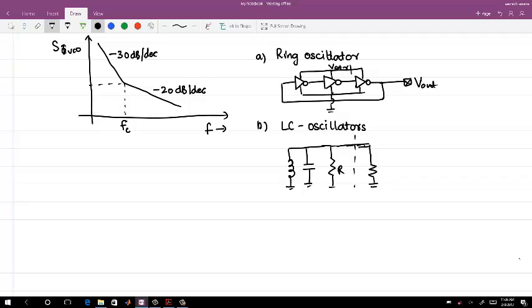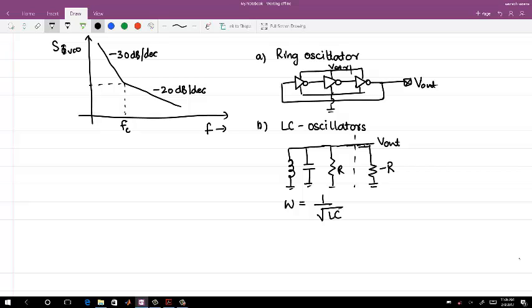Again, please do not worry about the detail of this. We will go into much detail of these kinds of oscillator. But this is another kind of oscillator where the oscillation frequency is dependent on your LC,